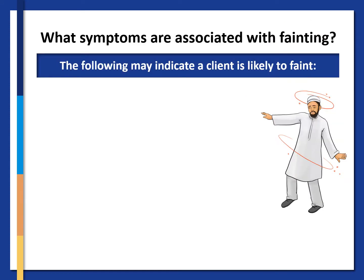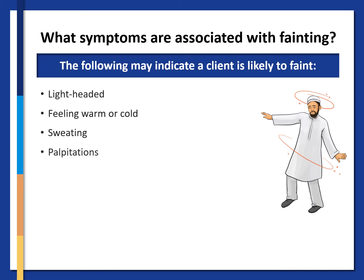So what symptoms can we expect? A client may complain of the following before they faint: lightheadedness, a feeling of suddenly being warm or cold all over. They might start to sweat. This is often noticeable around the face or the neck. They may complain of palpitations or an irregular heartbeat. They may complain of nausea or